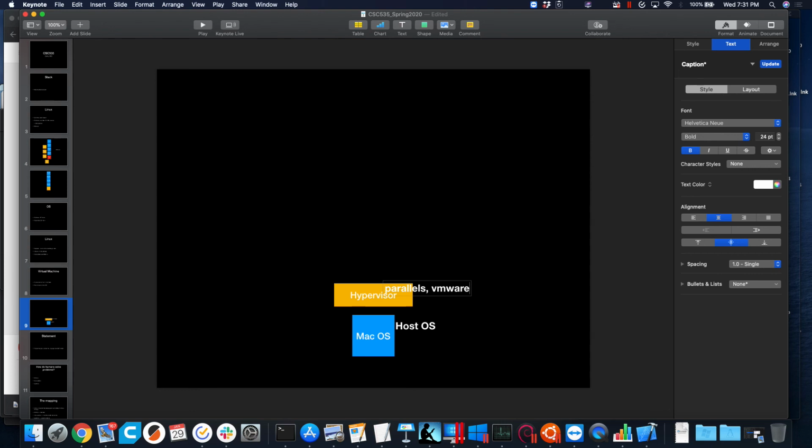Examples of hypervisors are Parallels. VMware is a pretty popular one. VMware makes products for Windows as well as Mac. The Mac version of it is called VMware Fusion. Parallels is a Mac-only product. The reason I like Parallels is Mac has an API these days called Metal, which allows software developers to write stuff directly for the hardware. So in terms of performance of virtual machines, Parallels outperforms the other ones by quite a bit because I'm running it directly on my hardware. But you have to have a Mac to use Parallels.